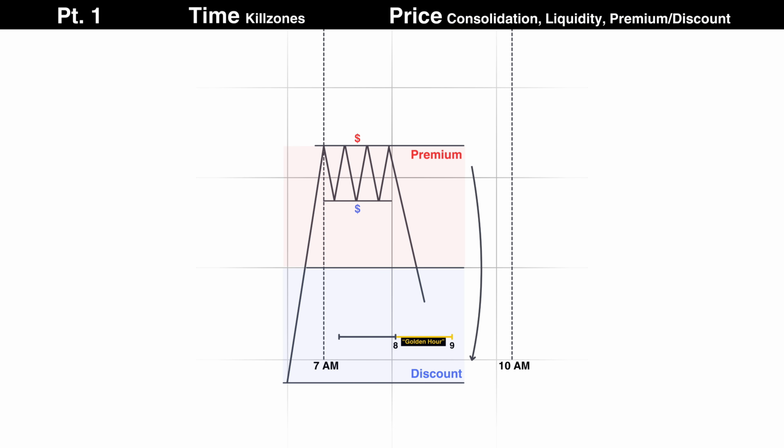It first goes into discount, knocking out sell stops to set up the entry, then it goes after knocking out buy stops to complete the setup. But I know what you're probably thinking by now. That all makes sense now, Omar. But how do you tell which direction the golden hour is going to form in? What's the daily bias? See, this is where the stage that is my engulfing bar play has your answer.